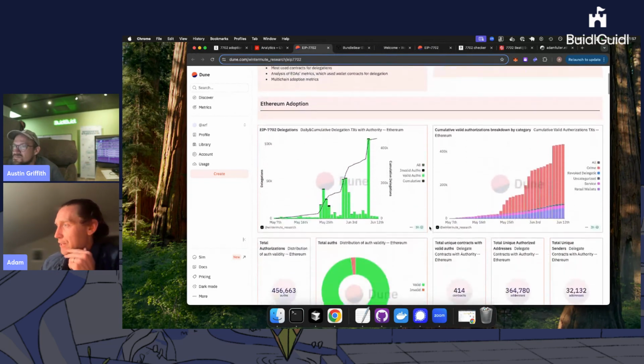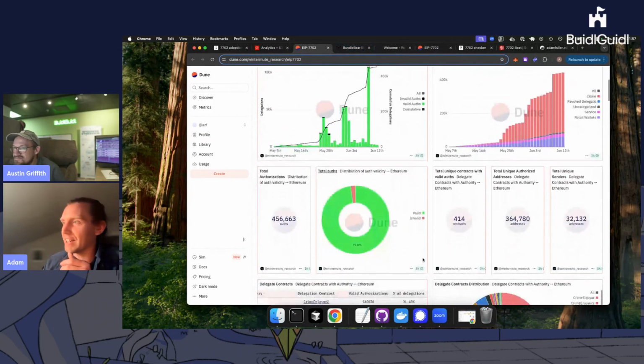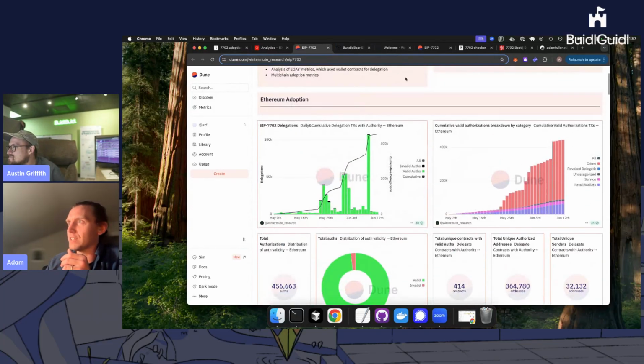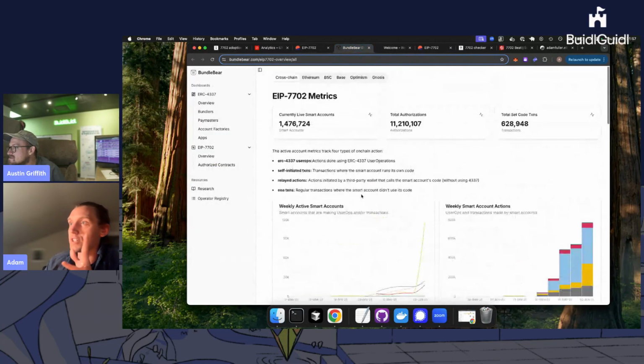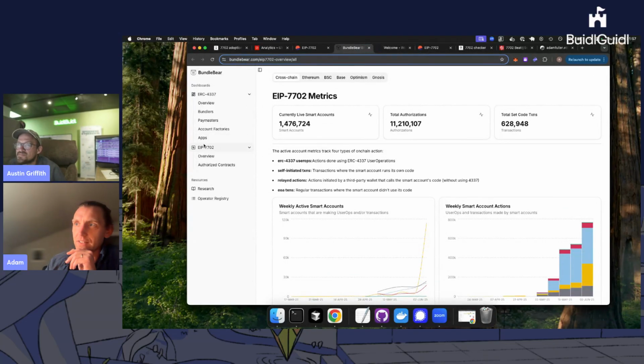criminals leading adoption in this case. Which is a shame. It also slightly muddies a bunch of the stats, right? Which we're just looking at the authorizations as. So a shout out to Xerox Kofi, who's got Bundlebear. He's added, which was a sort of 4337 tracker, he's added